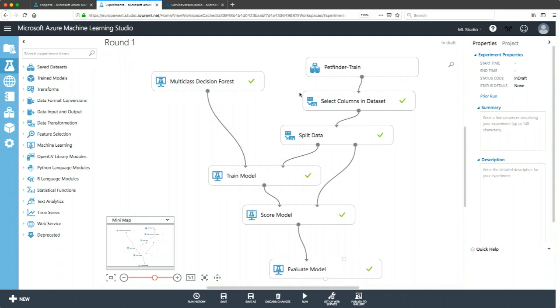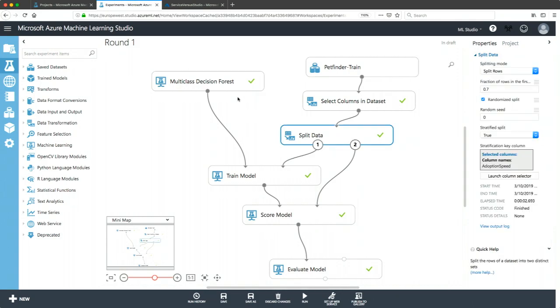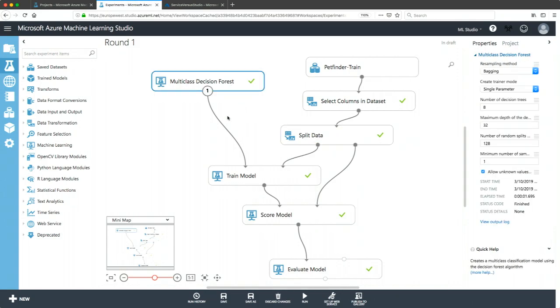So let's say I want to train a model on this. How do I go about this? Well, first of all, I pick a model, and in my case, it's a multi-class decision forest, because I like trees. Connect this model to the train model module.